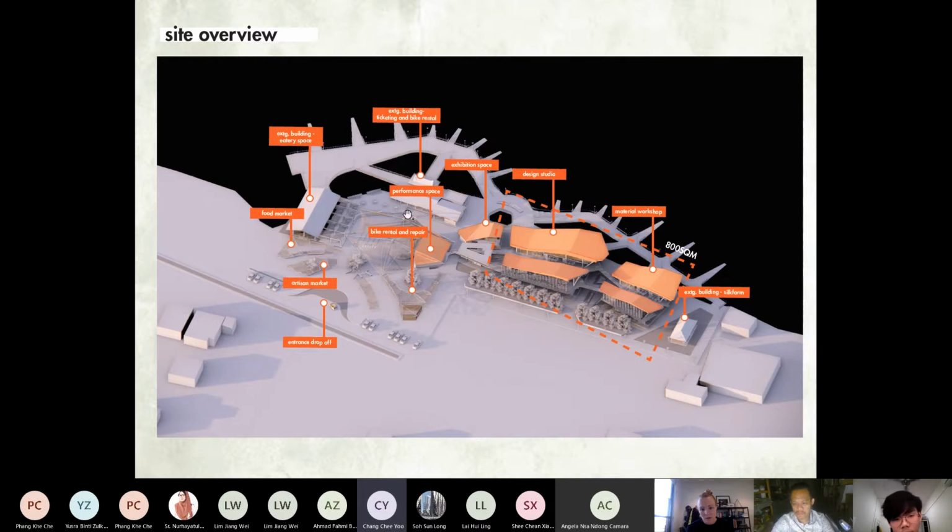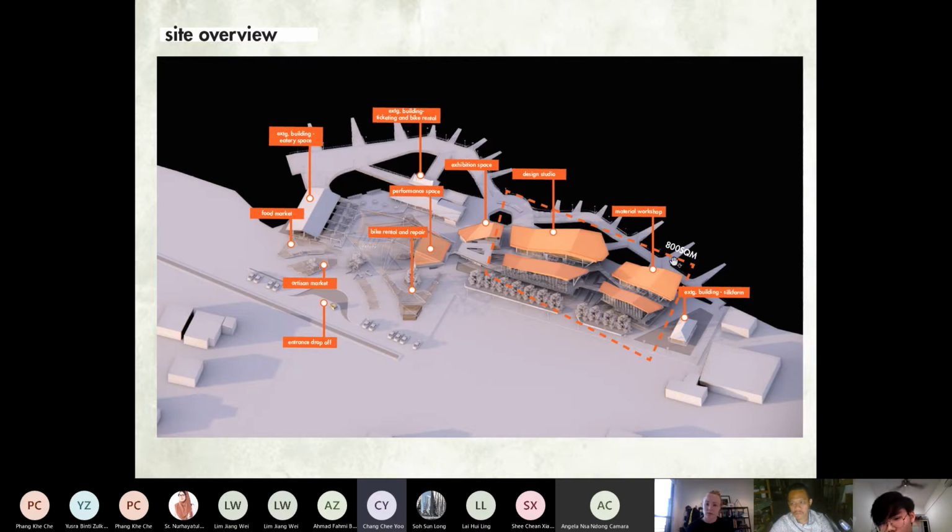And then the center space over here is the performance space, where the cultural performances will be held. So the fashion pieces that are created can be presented over here as well to attract people. And then there will be the exhibition space over here. And between these few spaces is a double-story sightseeing tower that I've created, so that people can walk through it to do sightseeing, and also to connect these few structures together.